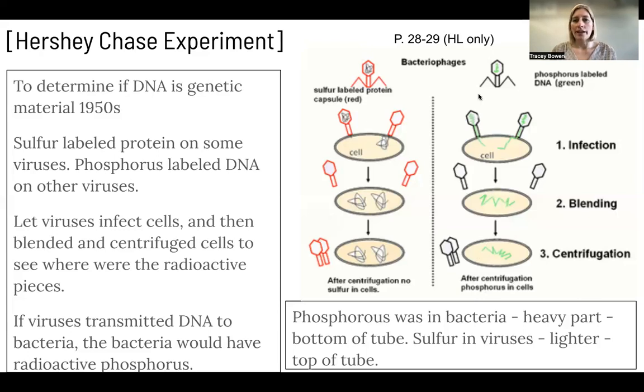Of course, because you're grinding up a whole bunch of stuff, you might end up with a little bit of phosphorus floating in the supernatant. You might end up with a little bit of the sulfur in the pellet, but realistically, you're going to have the majority of your phosphorus in the pellet, in the sediment, and you're going to have the majority of your sulfur in the supernatant, the floaty junk up above,